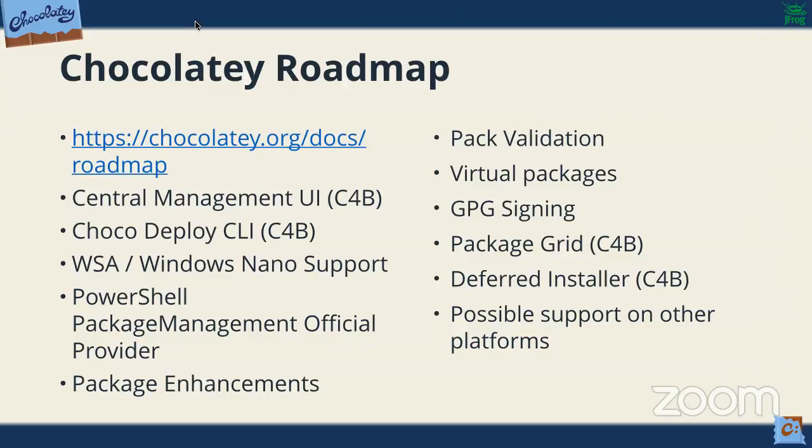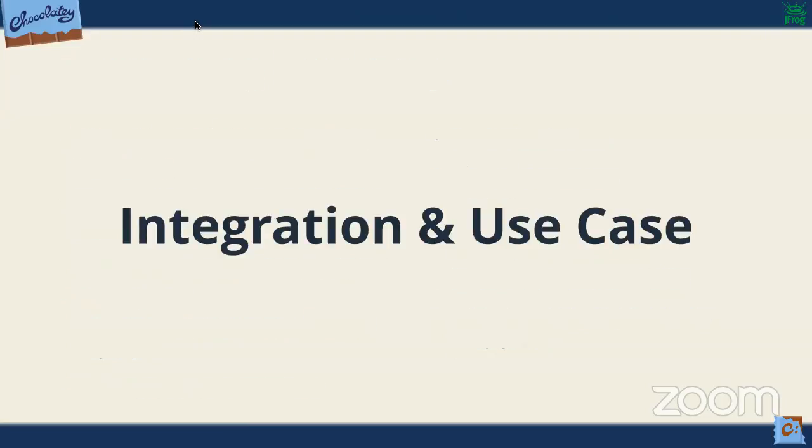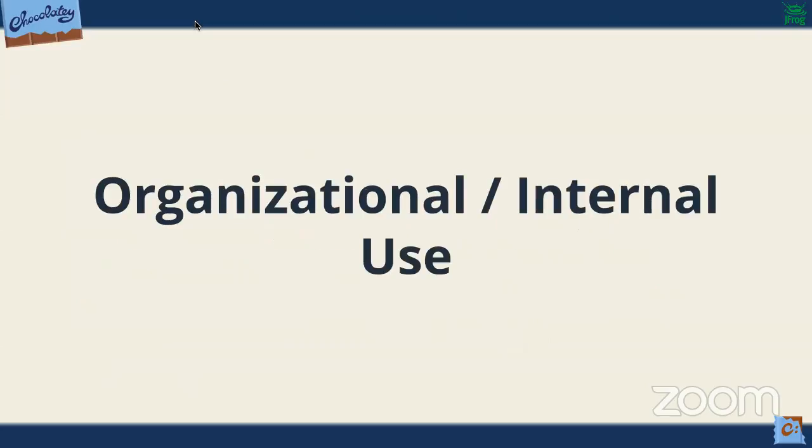Package grid, deferred installer, those are really about being able to very quickly bring packages to things. Deferred installer is about being able to push things out and then have them hold for some reason. It could be it's waiting for an approval to come through before it's going to actually perform the installer. It's waiting on a maintenance window before it would do that, and also support on other platforms we're looking to do eventually. So integration and use case, and a lot of where you're going to be using Artifactory is because